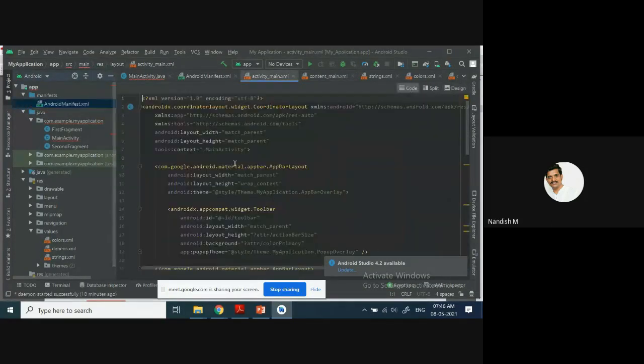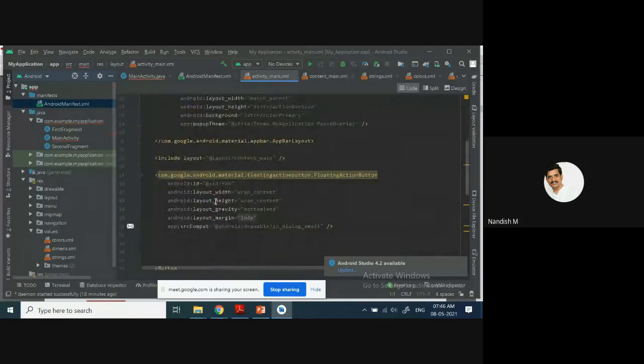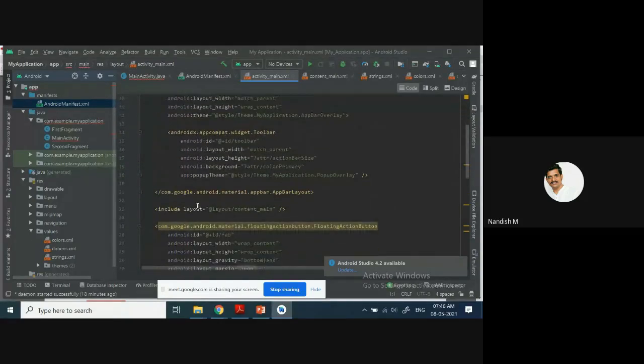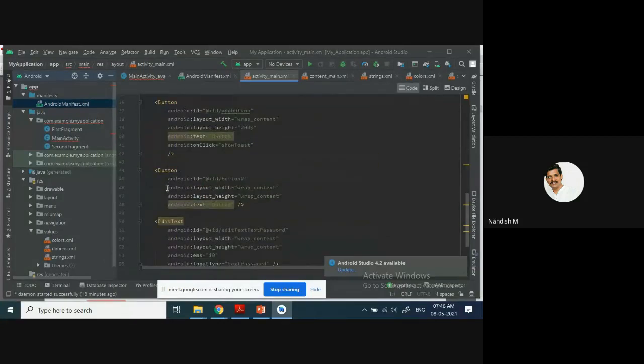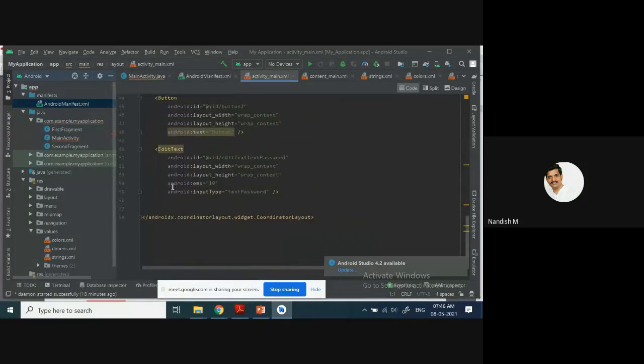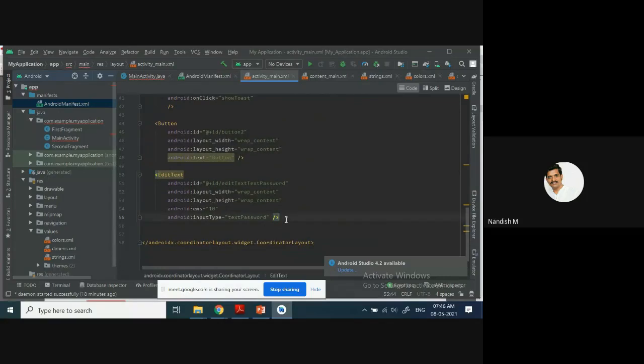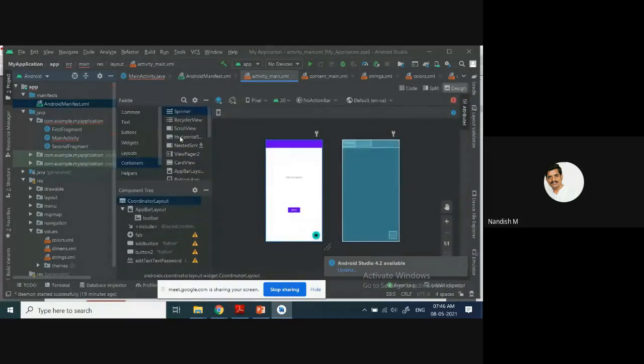If you see the code here, I'll add one text view now. I'll go to the design part, take the text view and drop it at the bottom.